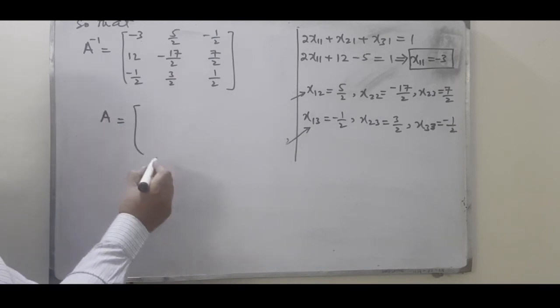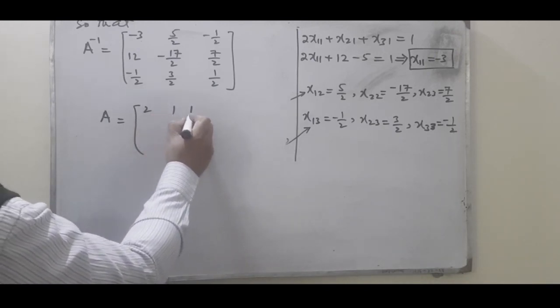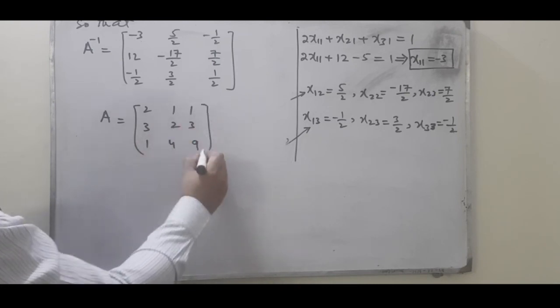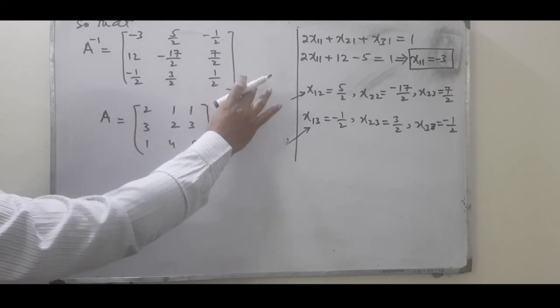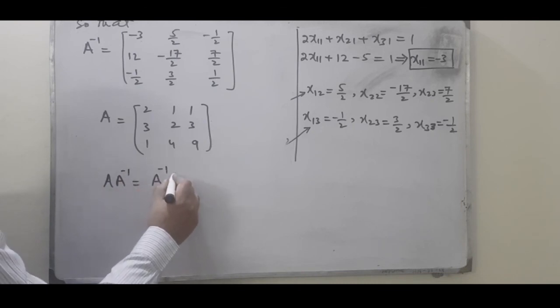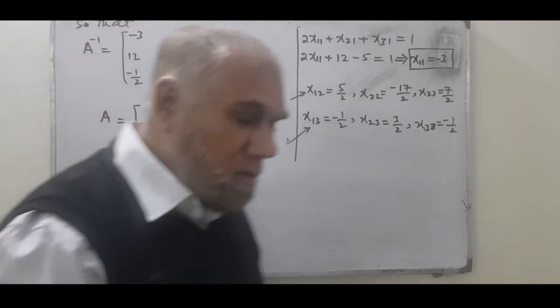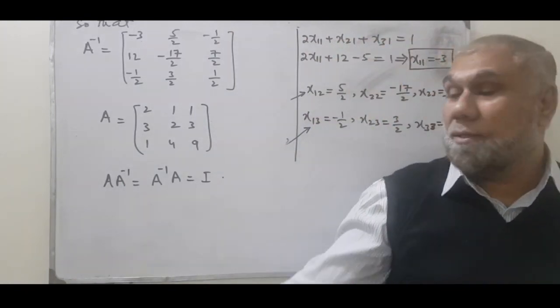And if you remember, the original matrix A was 2 1 1, 3 2 3, and 1 4 9. This was the matrix from where we started to find the inverse, and this is the inverse. Now if you want to verify whether this inverse is okay or not, we can verify it by using this identity. If it holds, then this is of course the correct answer. I hope you can verify it yourself. So this was the whole procedure which I have described through this particular example. You can take many more examples to verify this method of Gauss elimination.